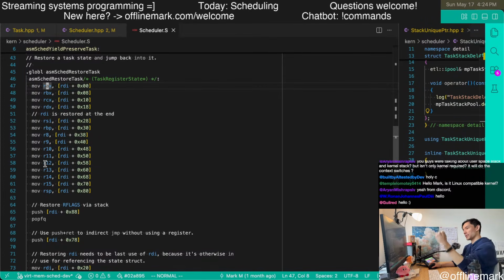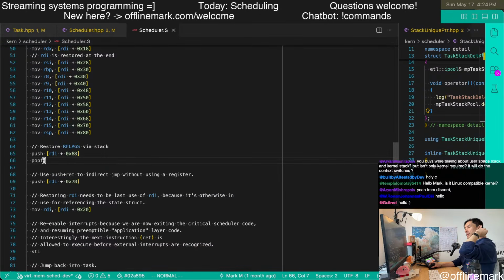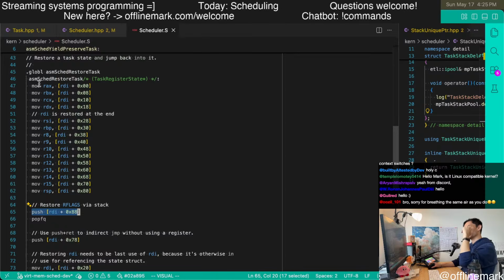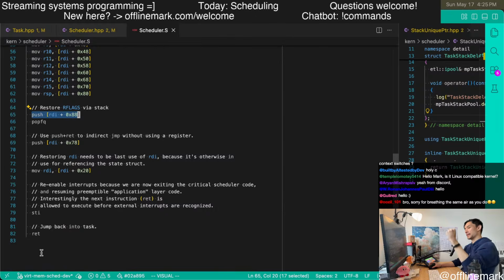We just pop all these things off the stack. We do a popfq because our flags are saved and restored via the stack, so we don't need this weird push thing. We can keep popping everything, including the PC, to do the final return. It pretty much reduces the restore routine to a sequence of pops and then a return.